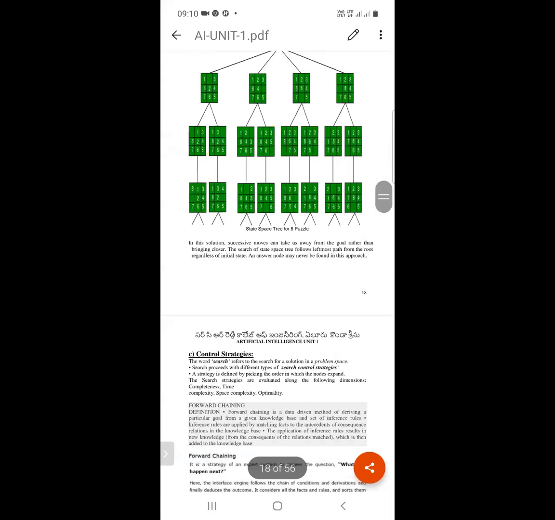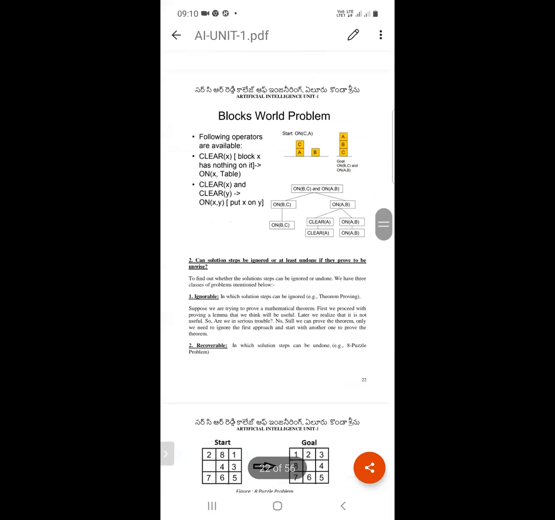Today we will discuss the A-star algorithm.